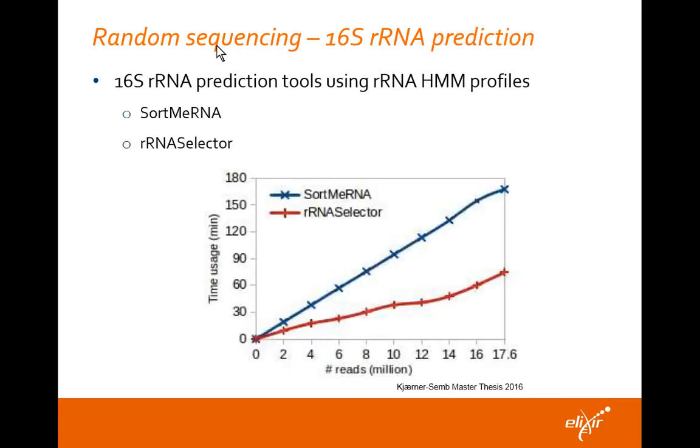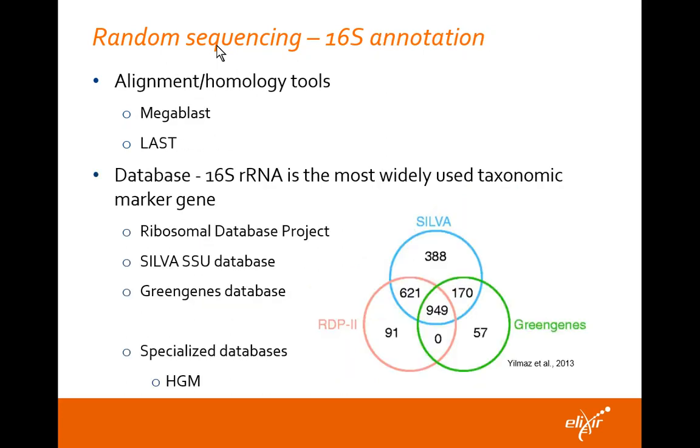Just going to show you that there are different tools to predict ribosomal RNAs in a sample. We are going to use RNA selector. We have done some benchmarking, showing that it's performing better. It's faster than other tools that we have compared against. So that's the reason why we chose that. But the main